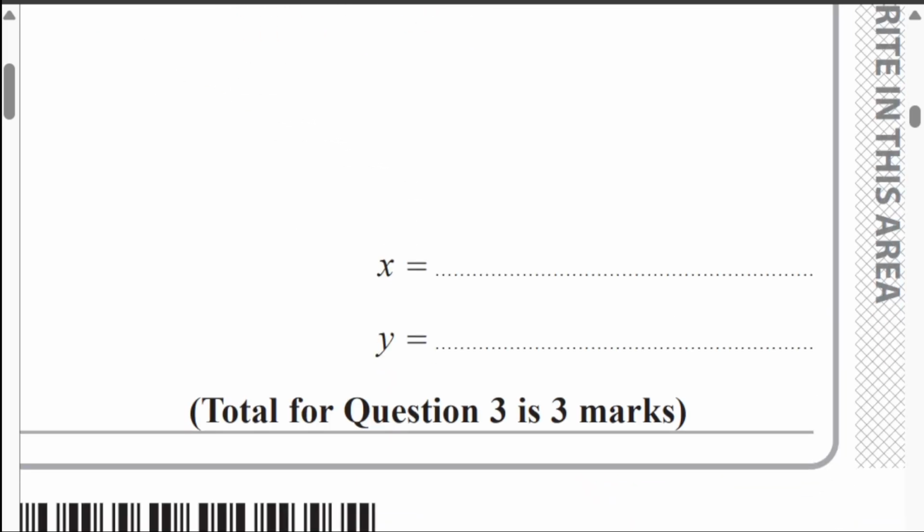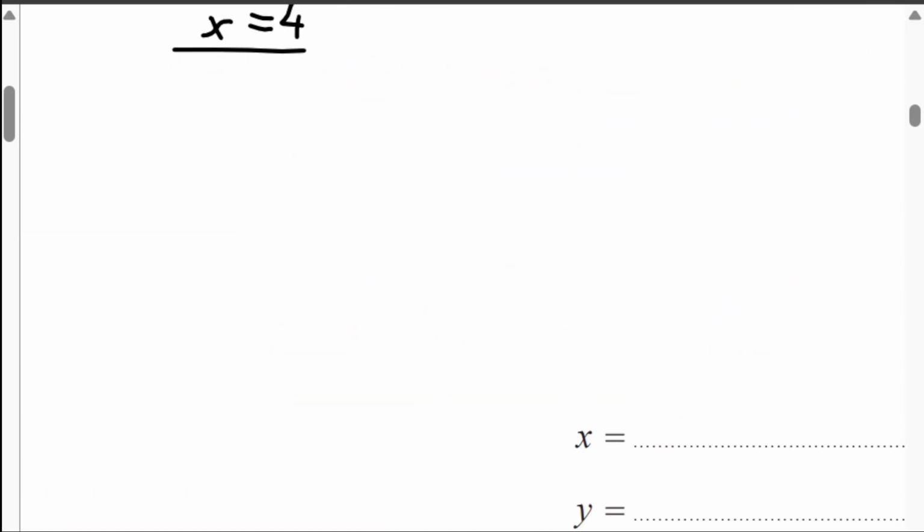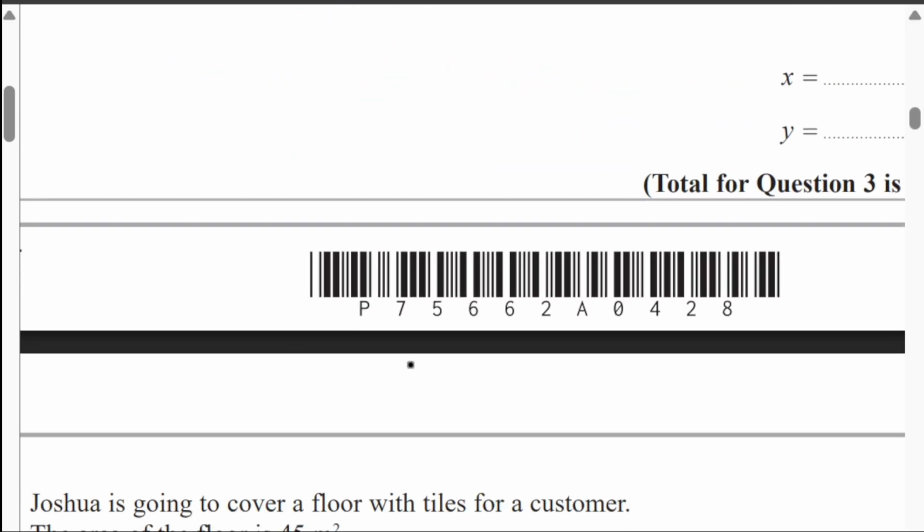How easy was it? 3 marks. Did you get this question? Now let's look at the next